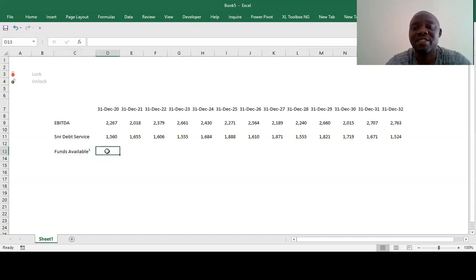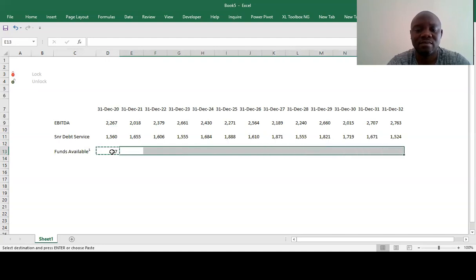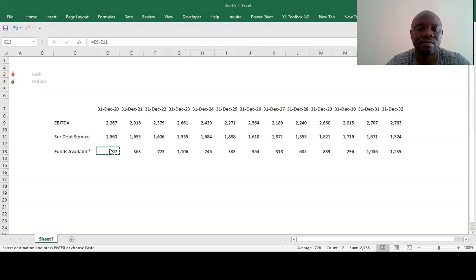Because you've already paid the senior debt, or the senior lenders, and that is their interest. So you have these amounts there. So this is what now needs to go to servicing other commitments.